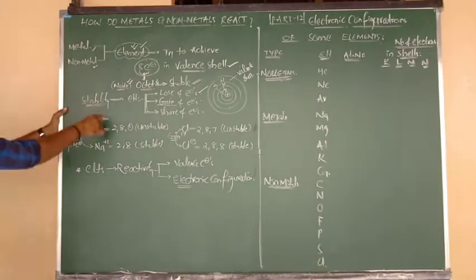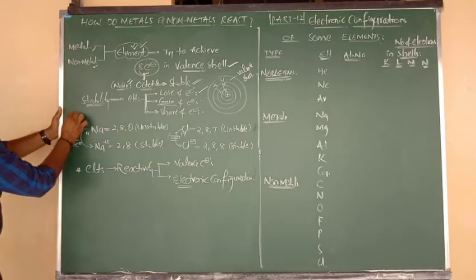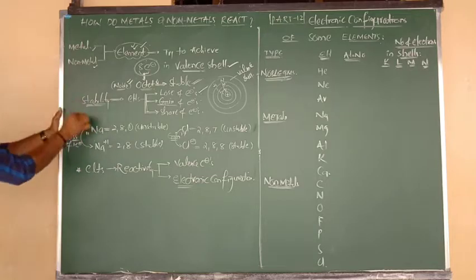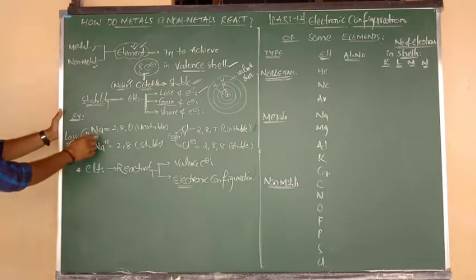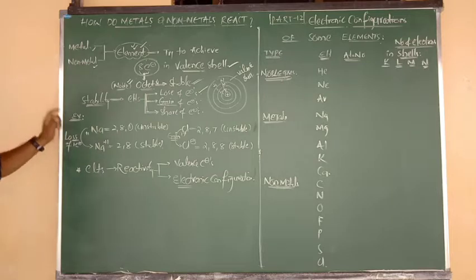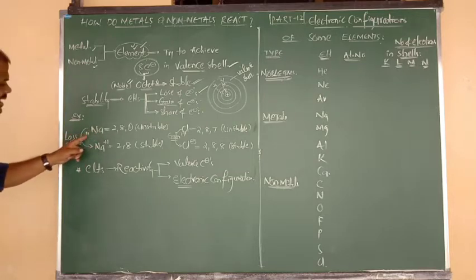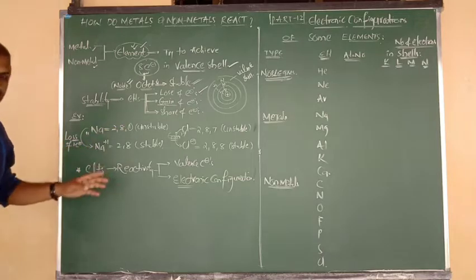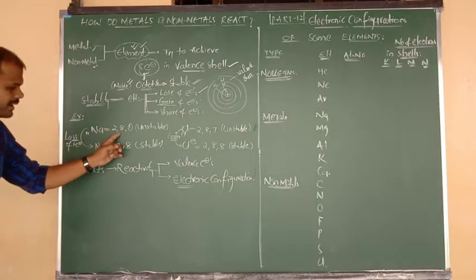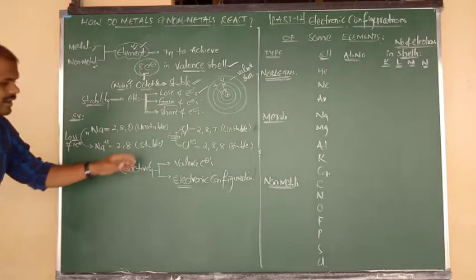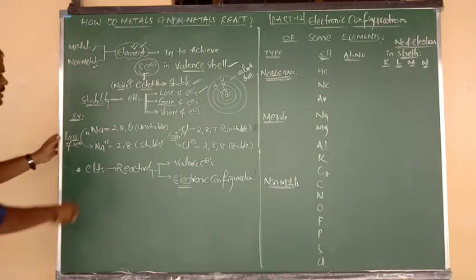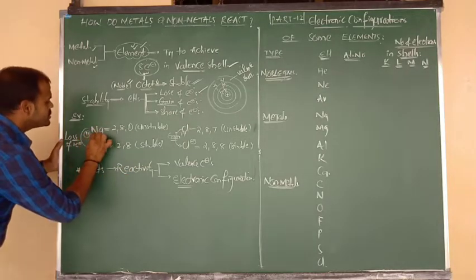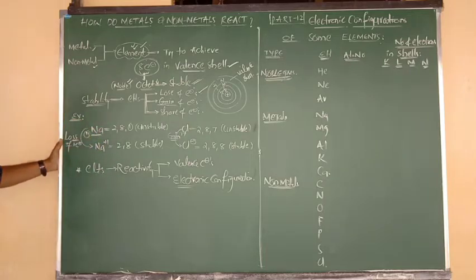So on the basis of the above concept, here I want to tell you one example. The example is sodium. What is the symbol of sodium, beta? Na. What is the atomic number of sodium? 11. So due to its atomic number 11, what will be its electronic configuration? 2, 8, 1. 2 plus 8 is total 10 electrons, and 10 plus 1 is total 11 electrons. So sodium contains 11 protons and 11 electrons.